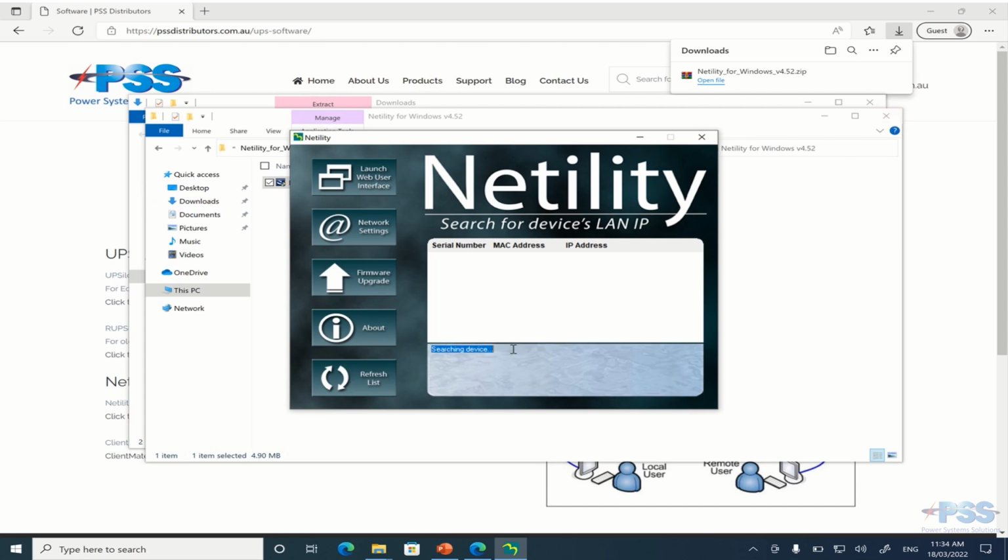As we can see now, it's searching for the device. And there it's found it. So your UPS needs to be turned on and the SNMP card plugged in with the Ethernet cable or network cable plugged in. So once we're in here, we can click Launch Web User Interface,